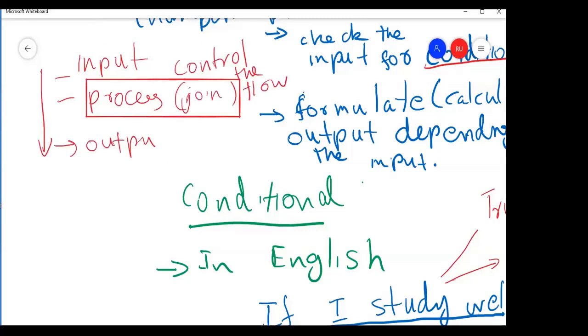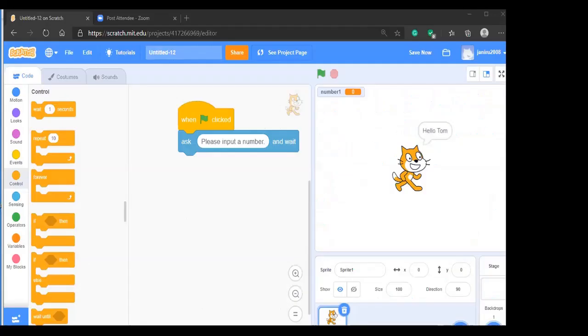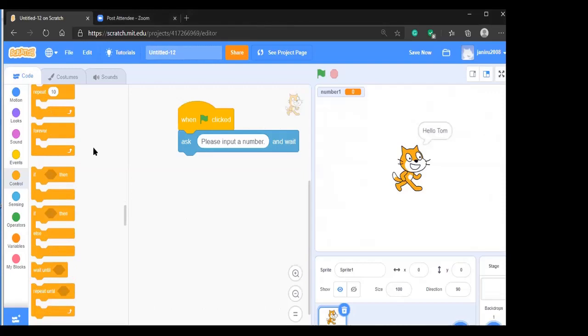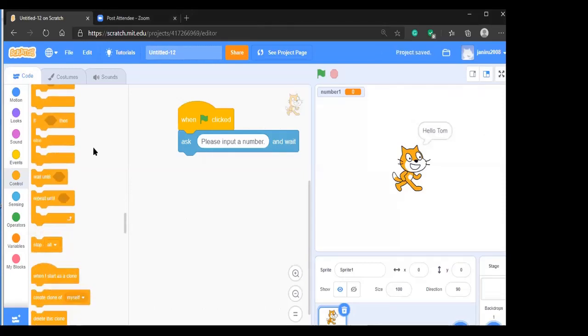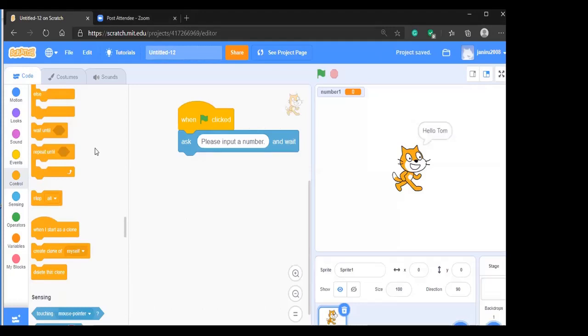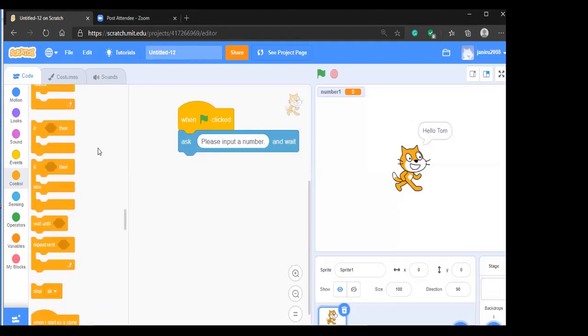To control, every programming language has controls. Here you have different controls: repeat, forever, if else, wait, repeat. There are so many controls. Here what I want is the if condition.